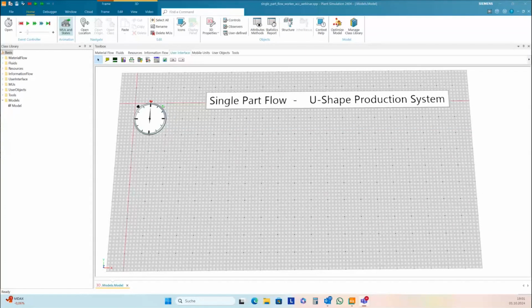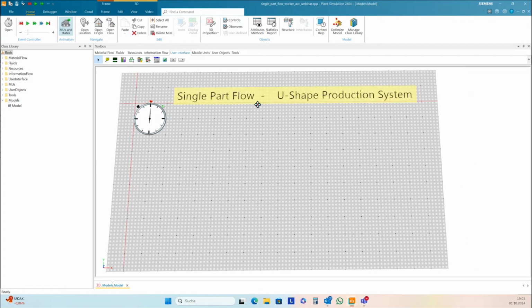Hello again to our next session. Today we will model a single part flow in one U-shaped production system.